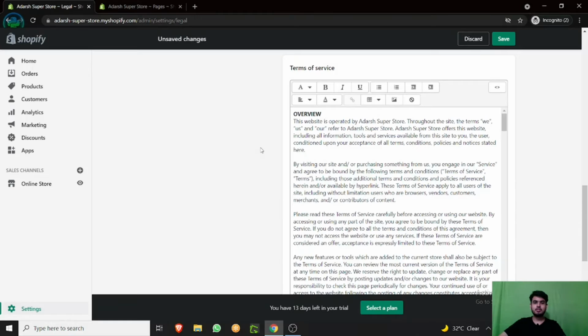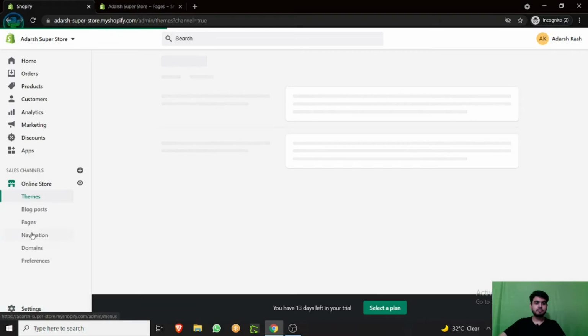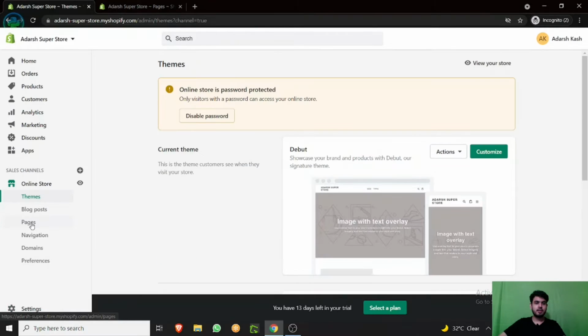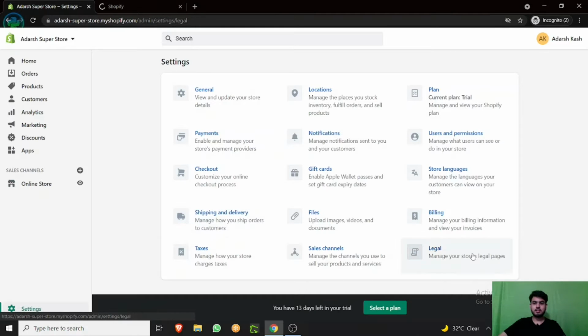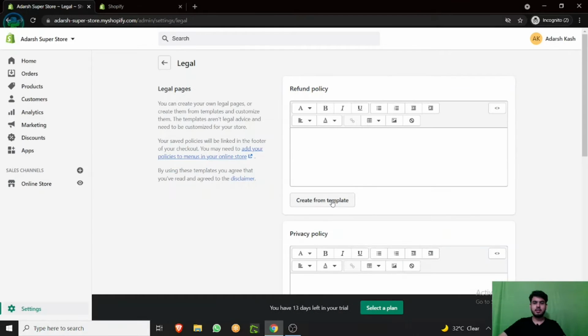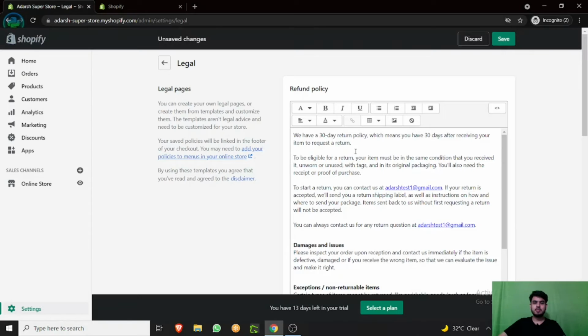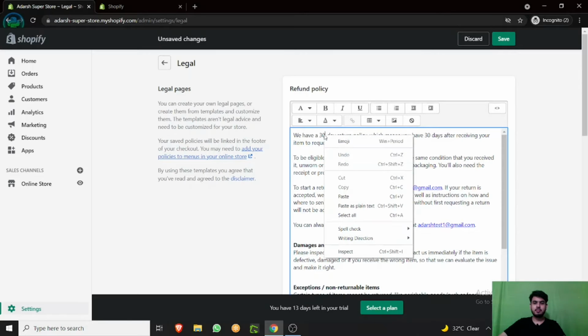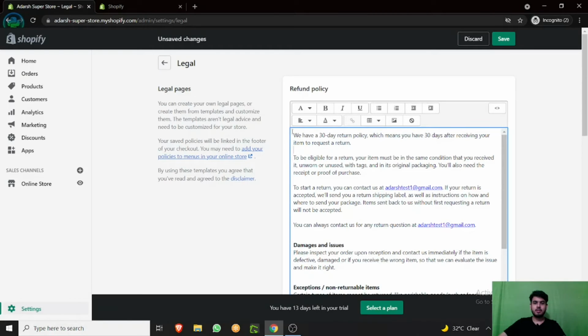To make the page, first click the online store icon. Let's open pages in a new tab. Go to settings, legal, and open the refund policy. Now copy this entire refund policy.